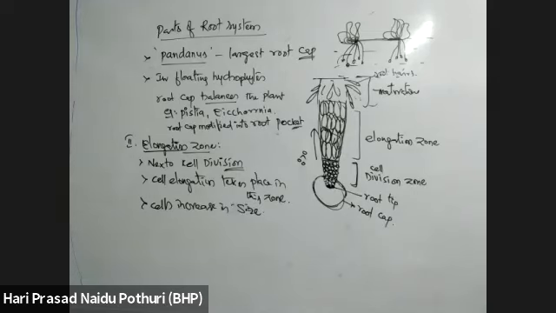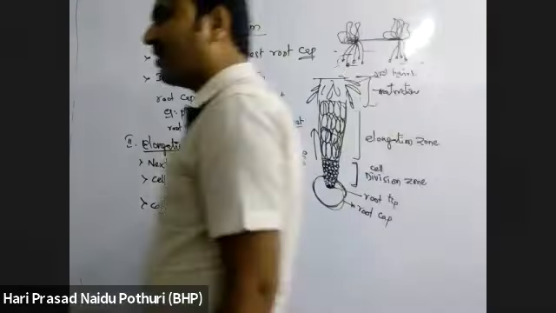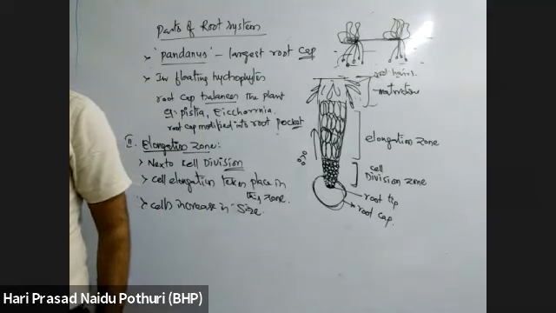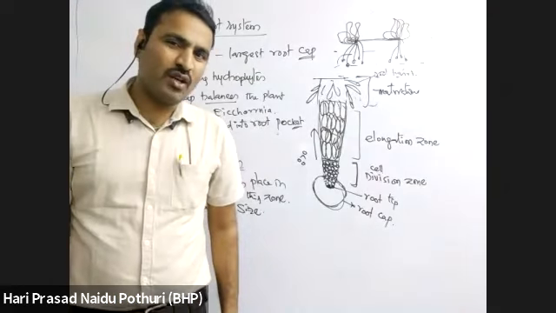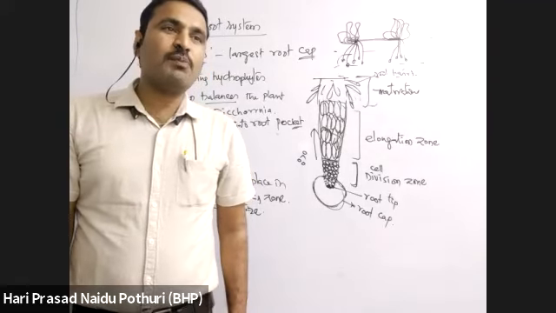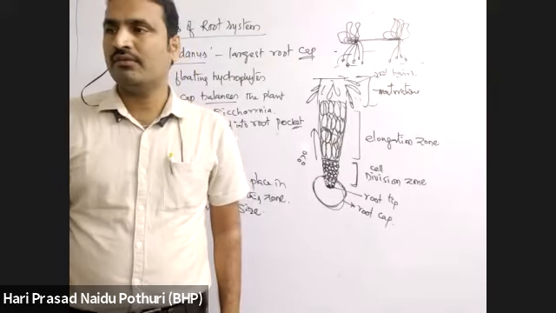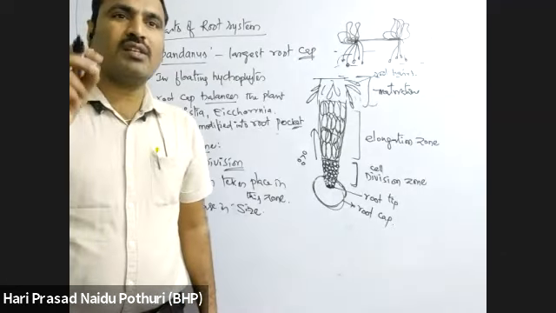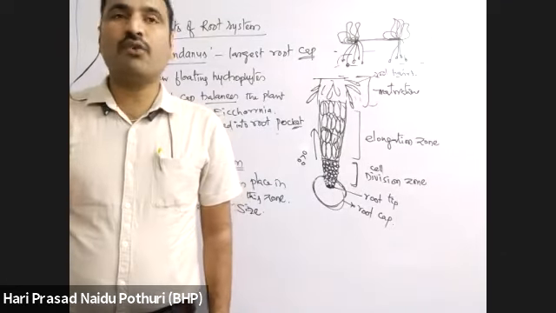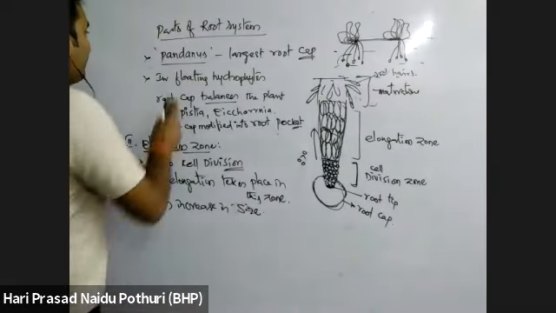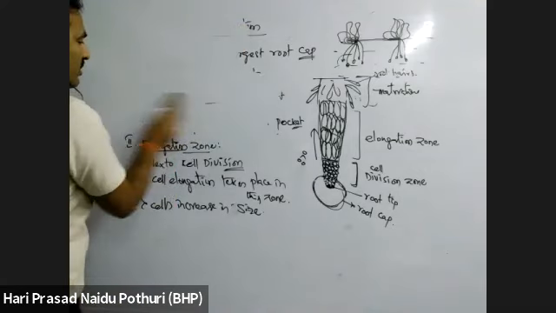Usually, this elongation zone is involved in absorption of... Usually, root hairs are responsible for absorption of water and minerals. We discussed that. Elongation zone also we discussed somewhere. What is the role of the elongation zone? Someone, yeah, Sumira. Elongation zone is responsible for absorption of mineral ions. In the mineral nutrition chapter we discussed that. Elongation zone is responsible for absorption of the ionic form of minerals. Okay, right.